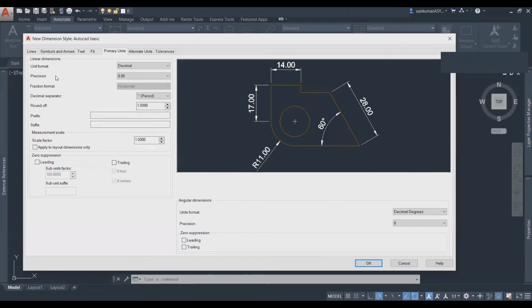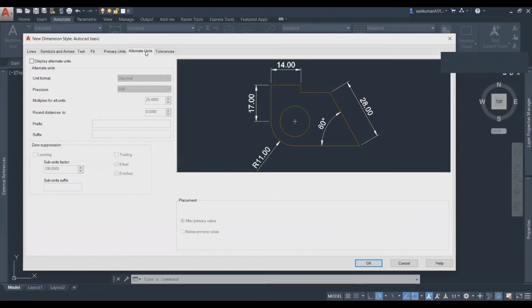This is the primary units value. Okay. Secondly, the other one is the alternative units. When you click alternative, this is the other unit type. Maybe you can think why I want to use alternative, because I am Indian, you are American. I know only millimeters. I'm very familiar with millimeters.